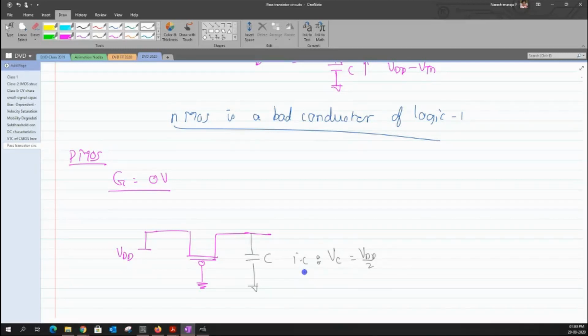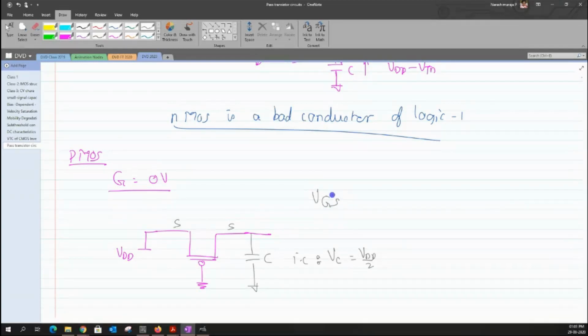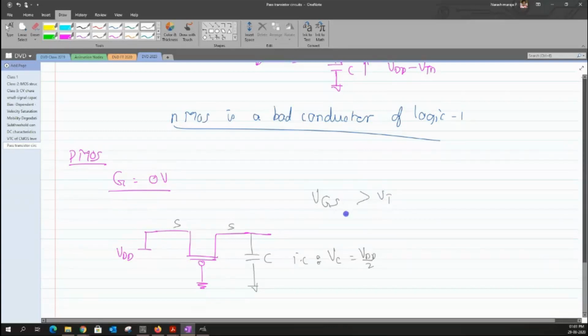In this case, it would be better to take the left side as our source terminal rather than the terminal on the right side. Because if I choose the terminal on the right side as my source, the source becomes a variable. Whenever you choose something variable, our VGS keeps varying. We don't want this condition. We want to choose a value of VGS that is somewhat greater than VT. Also, if we could make the value of VGS a kind of constant, then we would choose that particular terminal rather than the other terminal.